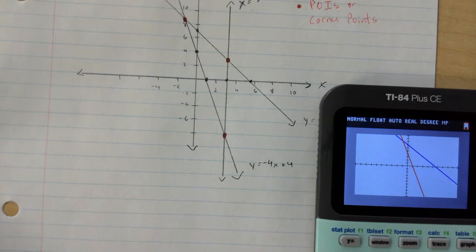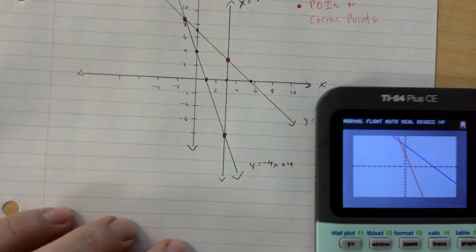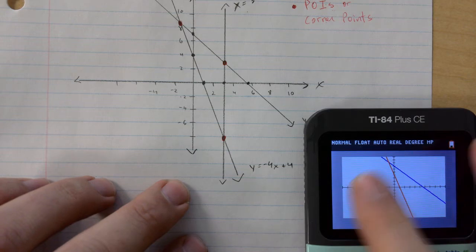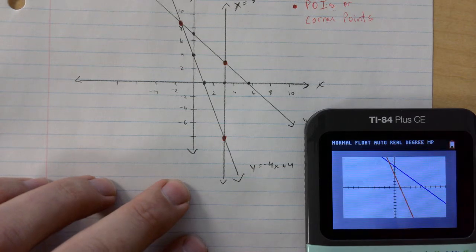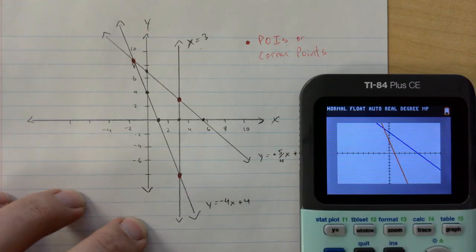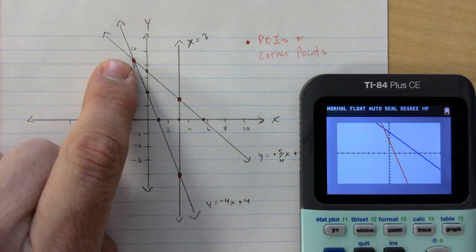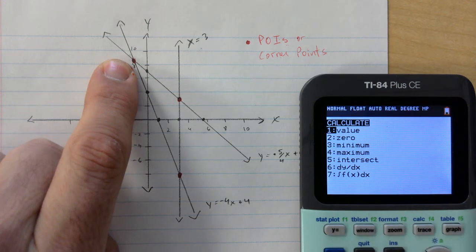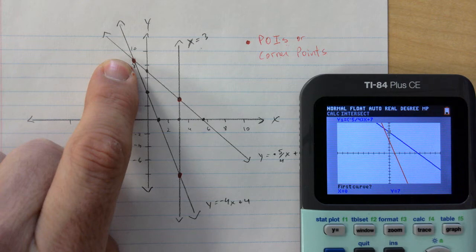All right, so zoom 6 seemed to do the trick, but remember you might have to adjust it again depending on what we're dealing with. So let's go ahead and find this one over here. And because we only have two lines, it's actually fairly simple. So second trace 5 and then just basically enter, enter, enter, because you're already close to that. So you get negative